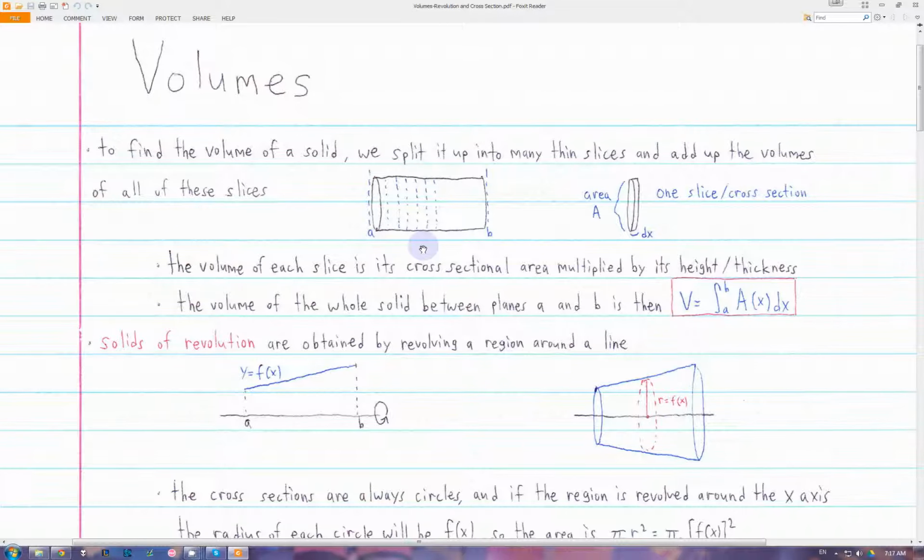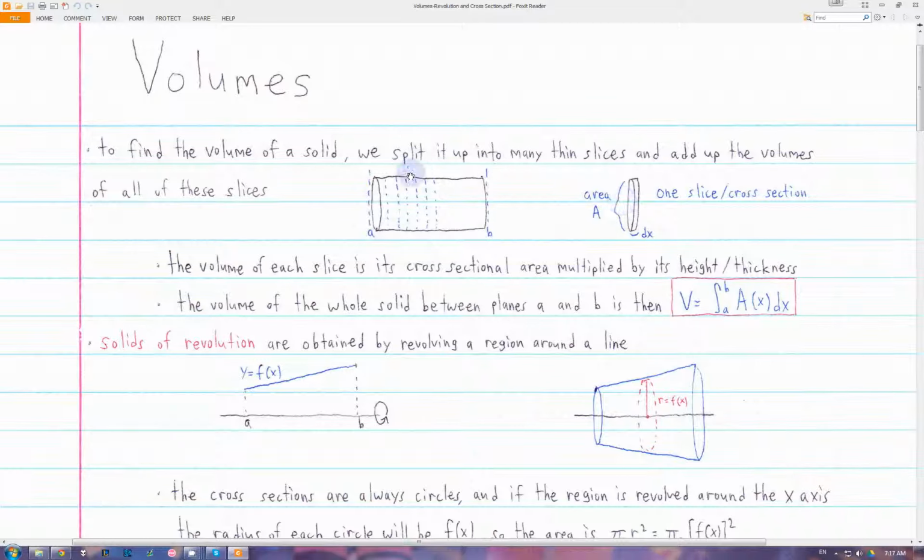So if we want to find the volume of a solid, we can split it up into infinitely many small slices, and if these slices are thin enough, then we can approximate them as a cylinder. Now obviously this is already just a cylinder, but if the shape was irregular, then each slice would have a